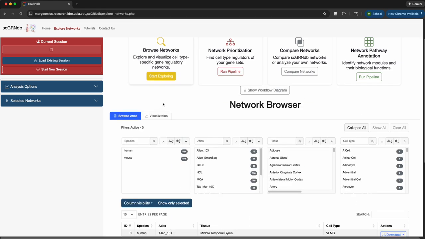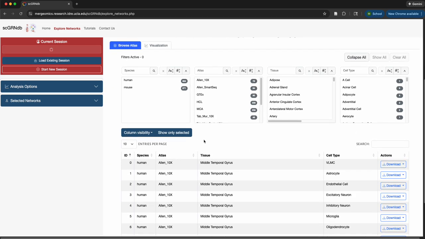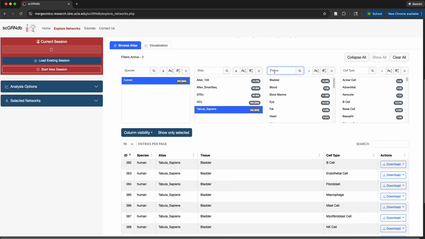So I'm going to click Browse Networks, and here I'm immediately met with the table of all the networks that are in the database. You can search by different criteria like the species, atlas, tissue, and cell type that you're interested in. You can also search on this search pane as well. Here I'm going to just focus on a liver network,